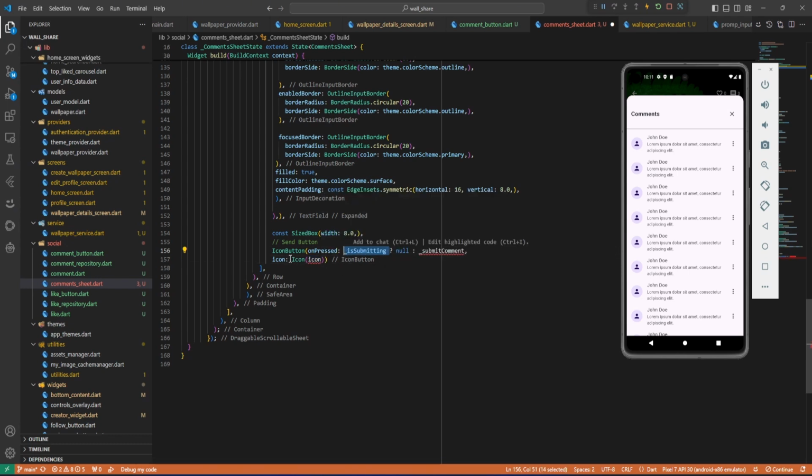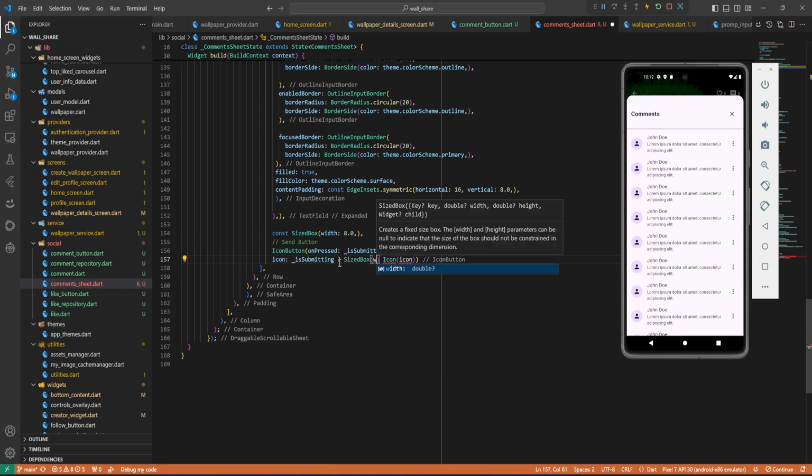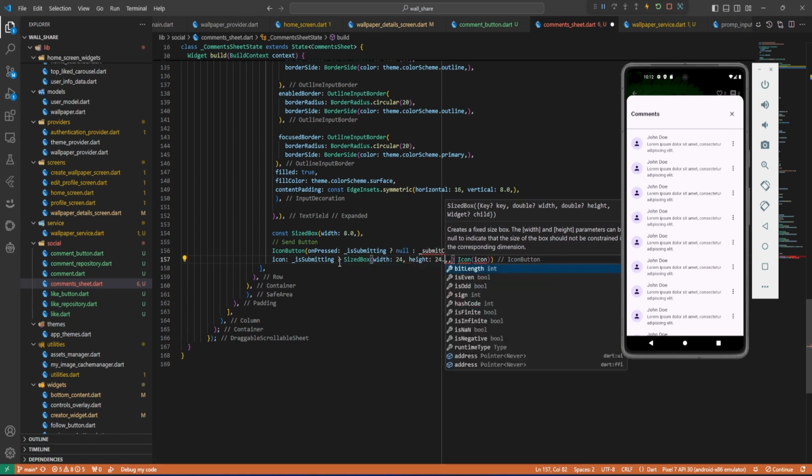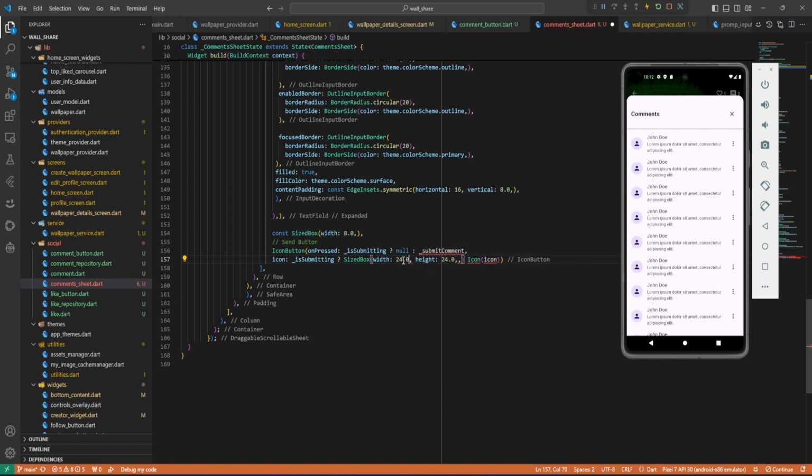We want to show something else. Okay, let's paste it here. Okay, so if is submitting is true, we want to show the loading that you are submitting. Okay, because we don't want to mash the button. This is going to be a sized box, and then width, it's going to be maybe 24, and then also height, it's also going to be 24. I'd like to specify these as doubles, and then here we're going to have a circle. It has to be a child